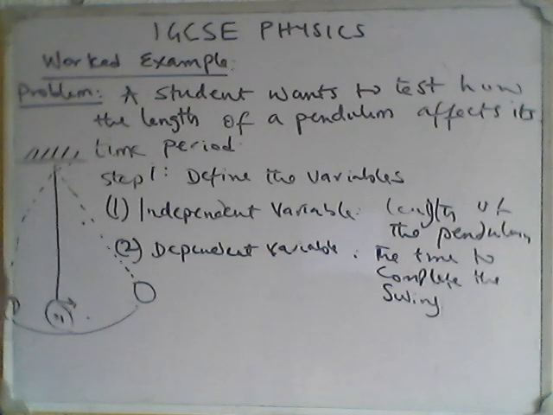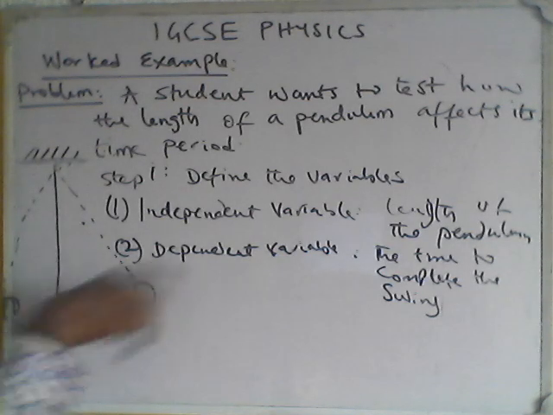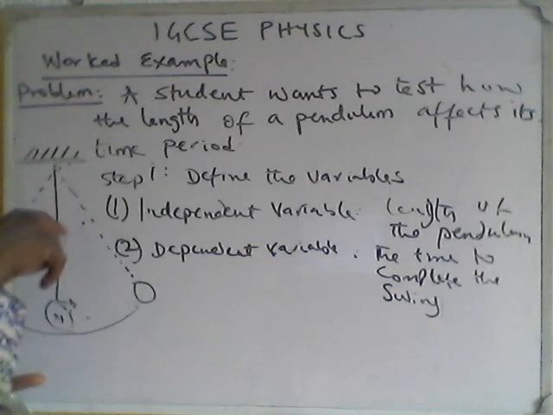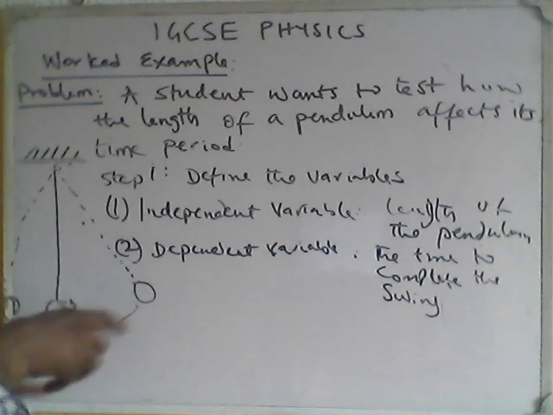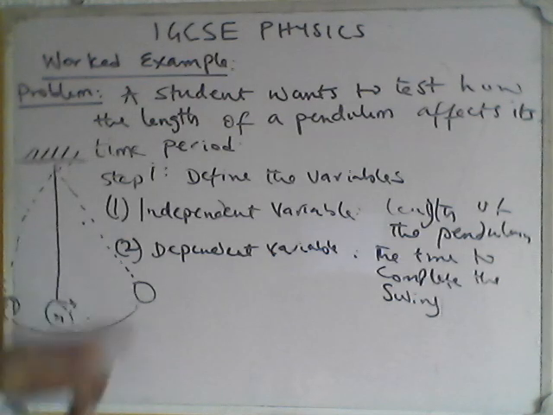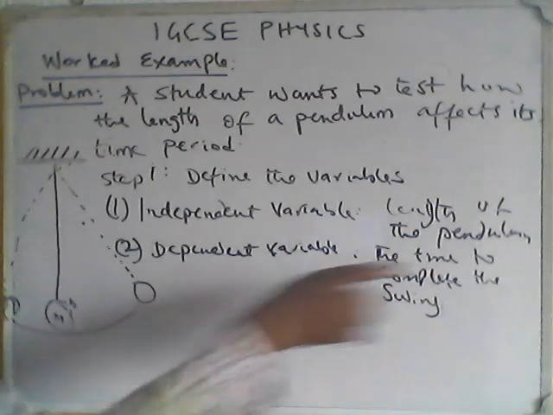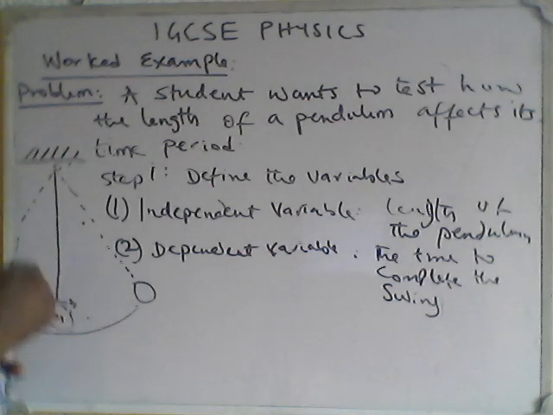Hypothetically speaking, I feel at this point, I'm using the word feel now because we have not concluded the experiment, I suspect that if the length is long, the time for it to swing will be different from if the length is shorter. The time will be different. But we want to investigate whether it is a faster time or a shorter time, depending on the length. So the dependent variable here now is the time. That time depends on the length. That is why we call it the dependent variable. Time for one complete swing.